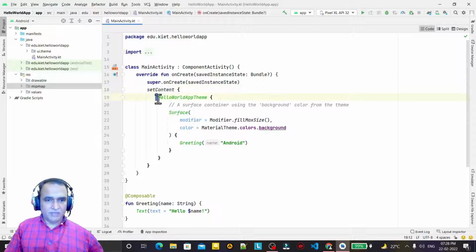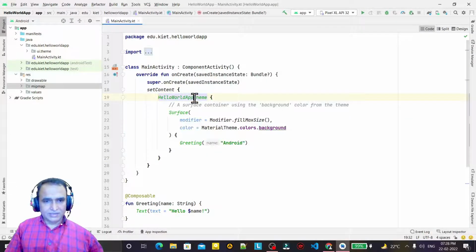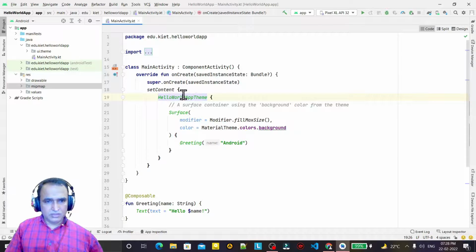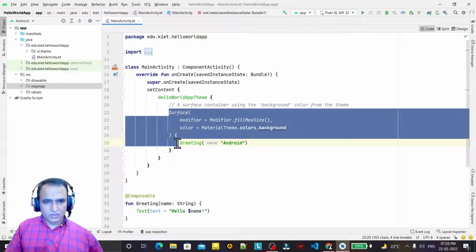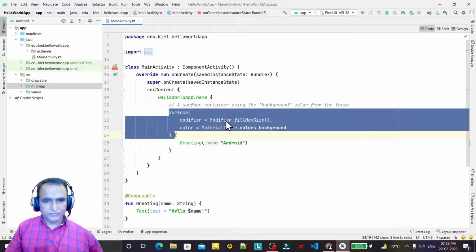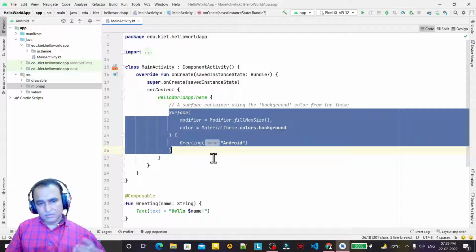Now we have a theme here. This theme is available here in this theme file. So under this theme, you can change the theme also, but in this video I am not talking about all the things, what is theme and how we can change it, I'm just explaining the format of this file. So here is a theme and we have a surface. You see, surface. Here we are designing the background and we are giving the size of this. Under this surface means it is about the activity.